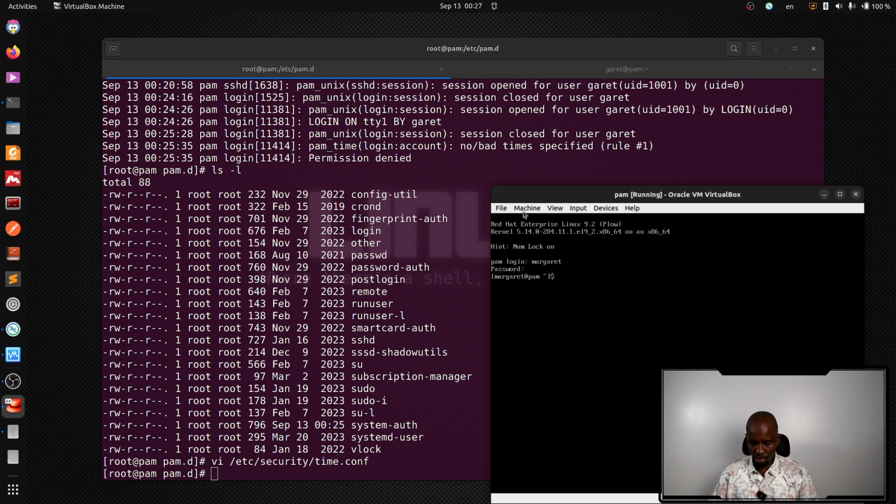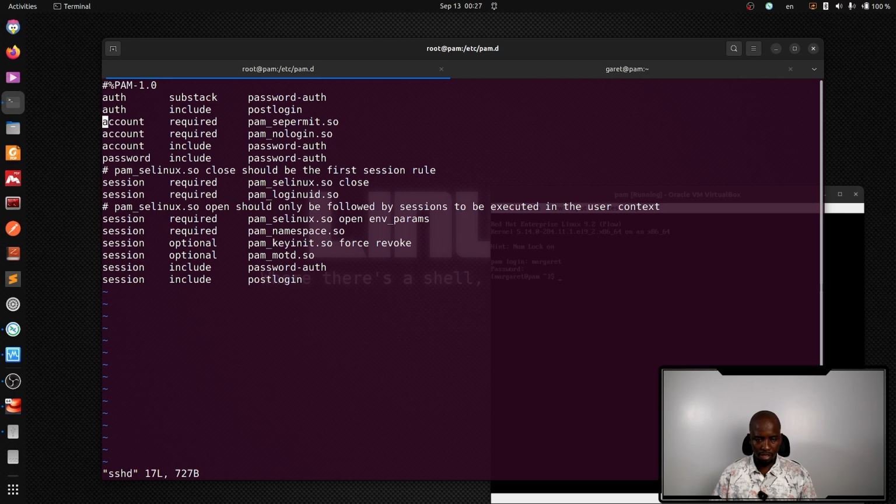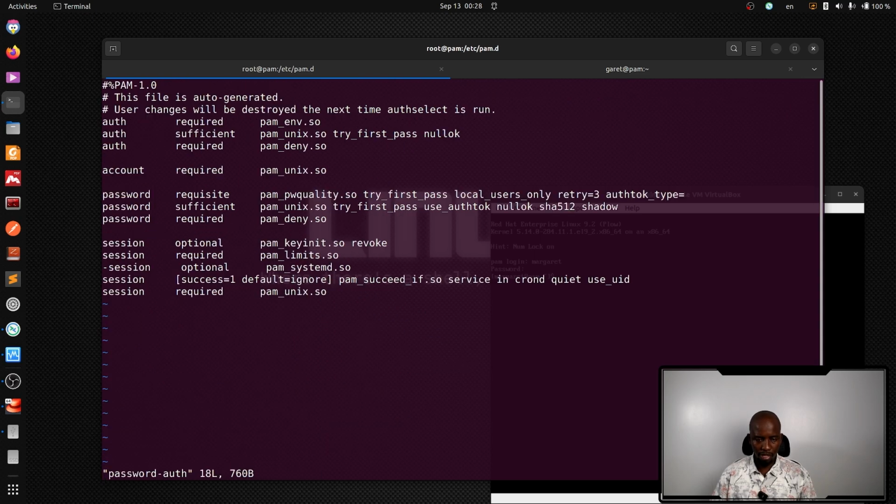So I'll go here and vi /etc/pam.d/sshd, and here we can see we call the password-auth file, which is included in this file. So I'll just exit this one and go and edit the password-auth file and include